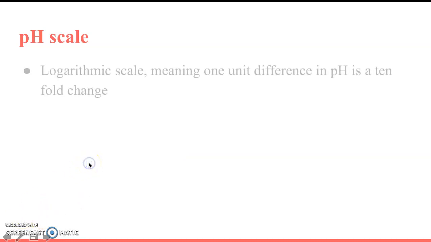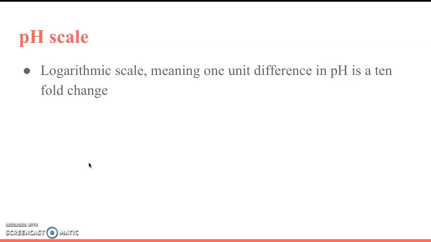Moving on to the pH scale. One of the important things about pH, and what makes it a little bit more complicated, is it's a logarithmic scale. Some of you might have talked about that in algebra already. But what this means for us is that 1 unit difference in pH is equivalent to a 10 times change in amount of